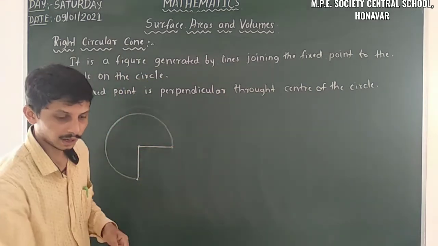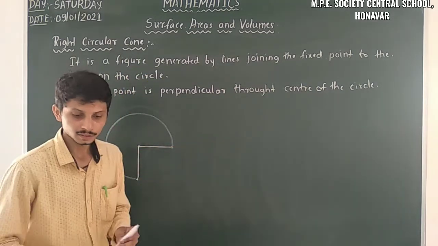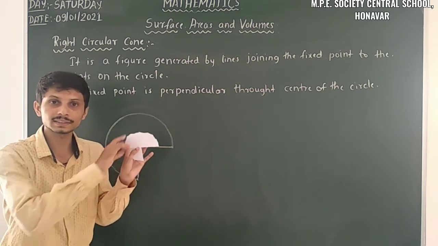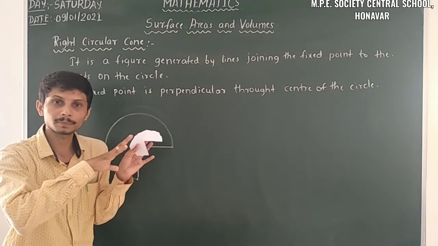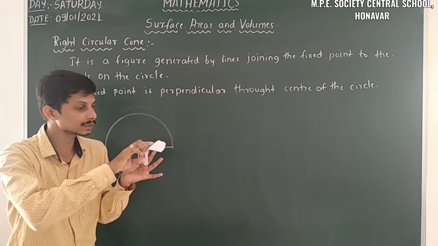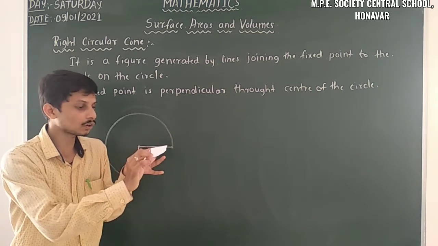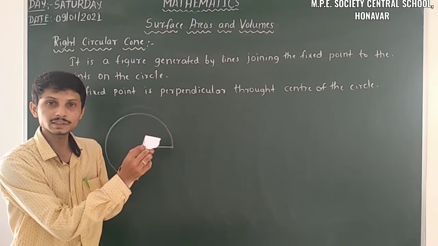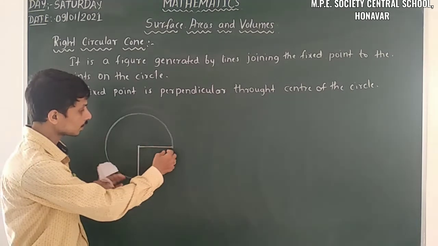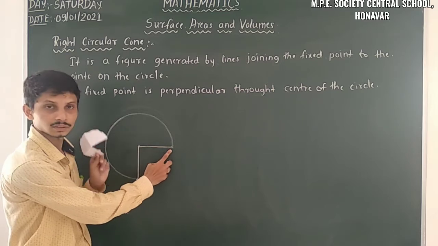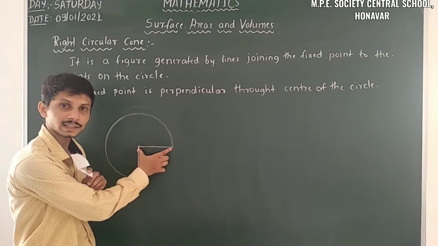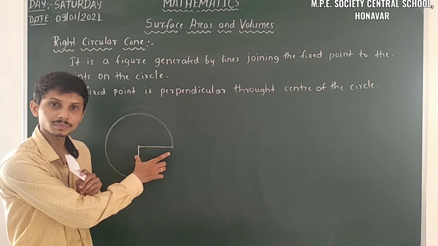Yes, so here we already did the same thing. Just observe. This is the nature of this paper, that is a circle. When we divided this part here and joined these two endpoints, the circle converted into a cone. Here just observe, this length is the radius of the circle.